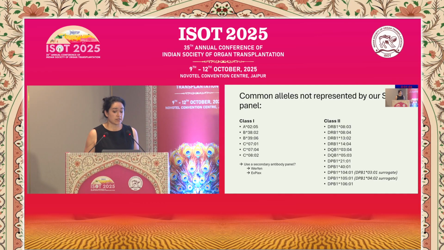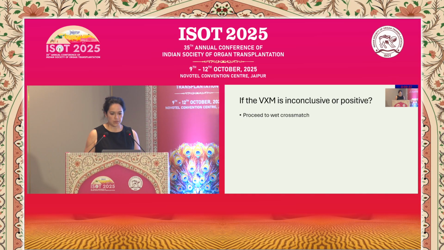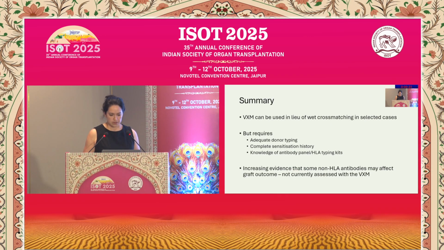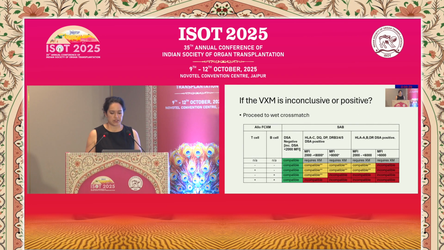I've listed the common alleles that are not represented in our panel, and I fully appreciate that this might be completely different to you in terms of your donor population. One of the things that we do routinely, for example, with DPB104, is that we know that's structurally almost identical to DP3, so we'll use that as a surrogate bead. And we are thinking about adding in Verfin and Xplex testing just to try and fill the gaps in limited cases. And if the virtual cross-match is inconclusive or positive, we will go to a wet cross-match,